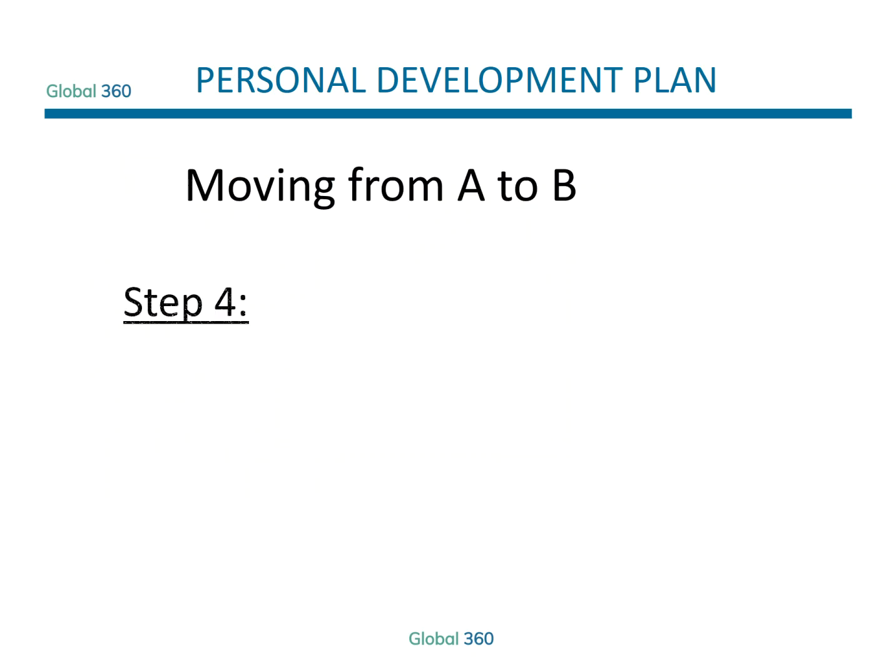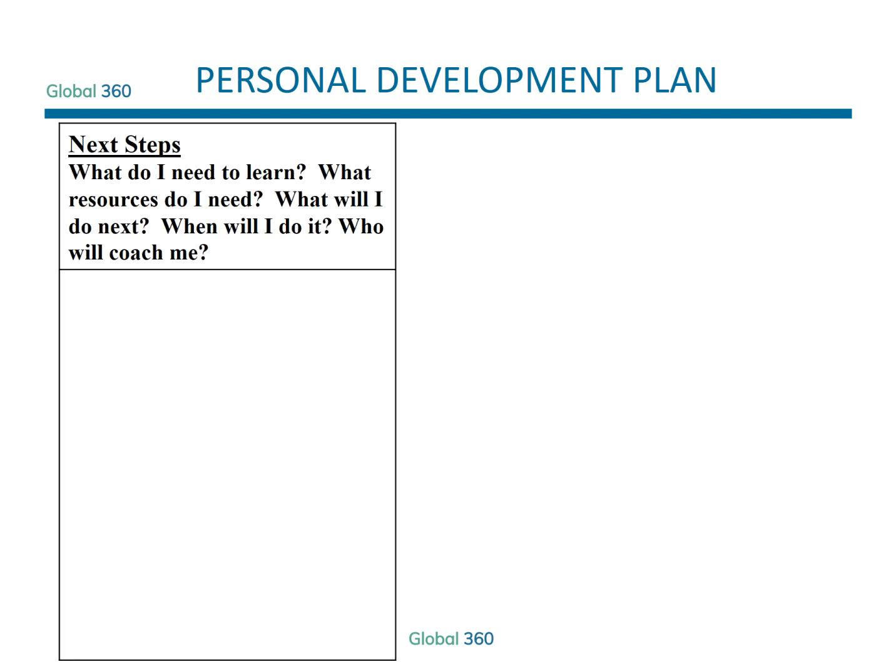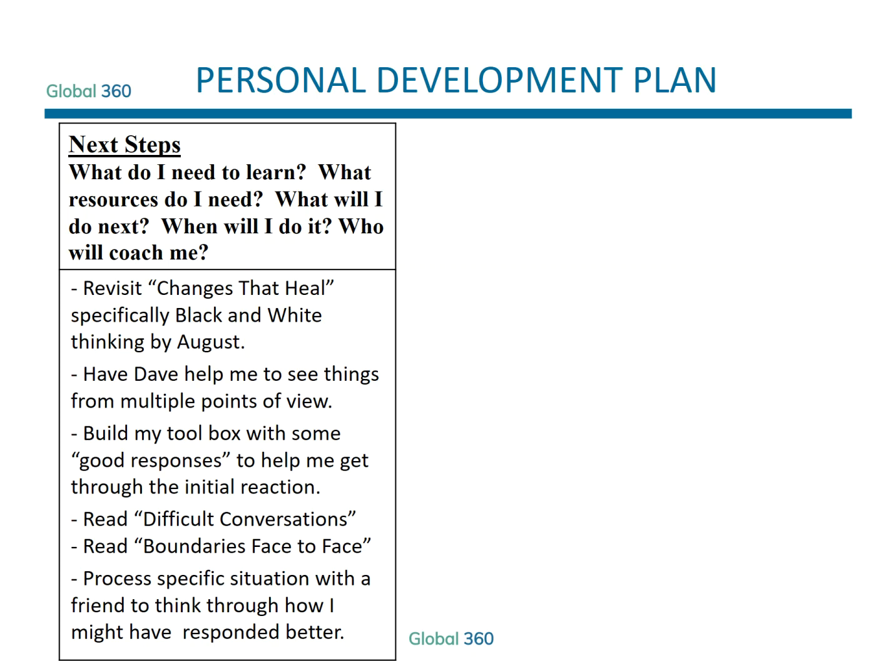And finally, in step 4, we help them answer the question, how? How can I see real growth in this area? For this, it's important to identify specific steps. For this, they use column 4 on the right, next steps. What do I need to learn? What resources do I need? What will I do next? When will I do it? Who will coach me? For this issue, their next steps include revisit Changes That Heal, specifically black and white thinking,